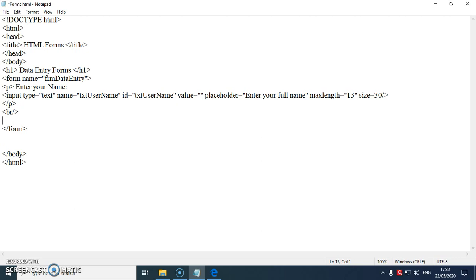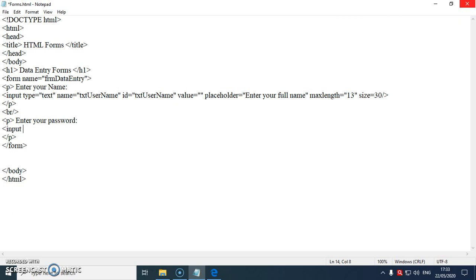Now I want the user to enter the password. So what will I do? I'll again type a p tag. I'll say enter your password. Now where will the user enter the password? So I have to make a provision for the user to enter the password. And for that I'll again need an input tag.